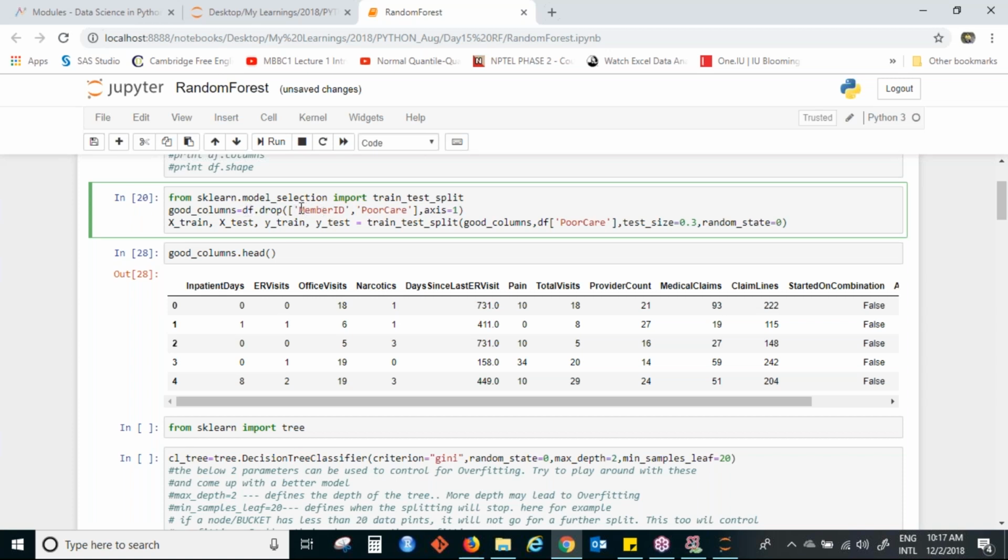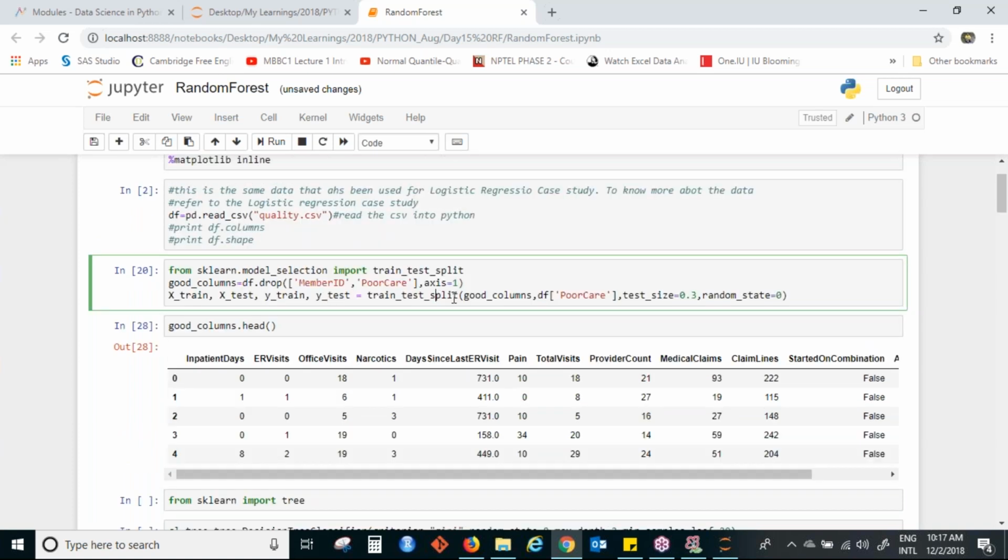I'm dropping the member ID from here. Member ID is like an identifier, it's just a serial number. I have also dropped the dependent variable. Poor care is my dependent variable. I have dropped that from the columns, and then I'm dividing my data into train and test. This you are already clear with how we do.